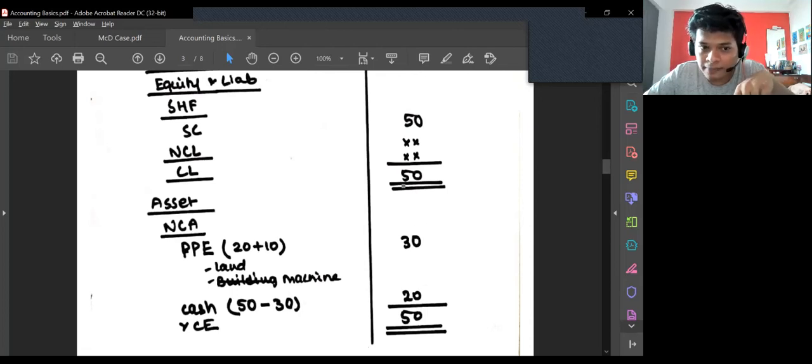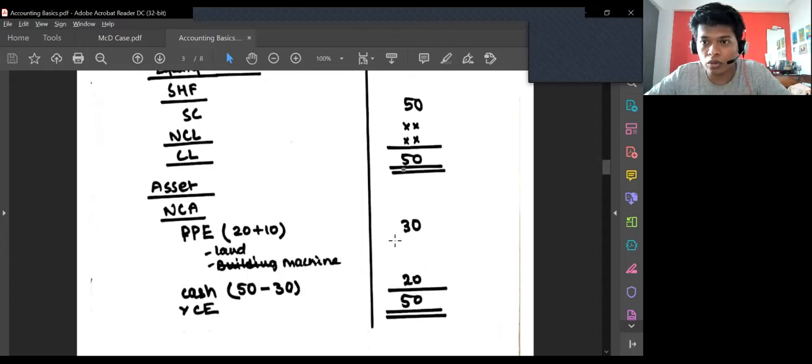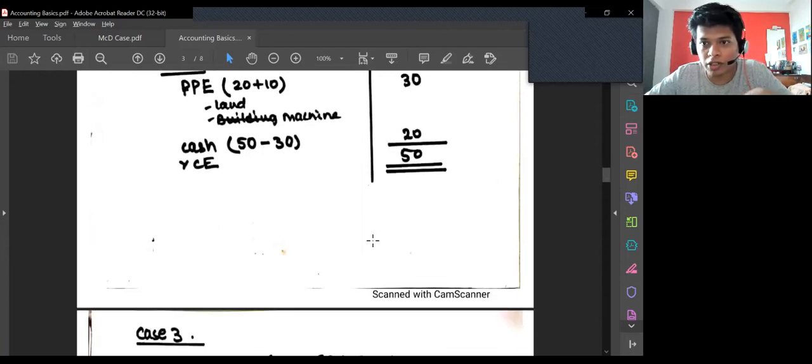So this is increasing, and my cash has gone out, cash and cash equivalent. It's cash and cash equivalent. So cash and cash equivalent, it was earlier 50, now I paid 30 lakhs, so my balance is 50 again. So 50 and 50 is matching. Hopefully this part is clear. Again, no profit and loss account.